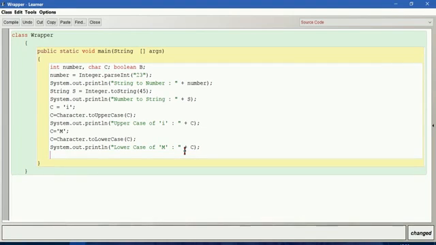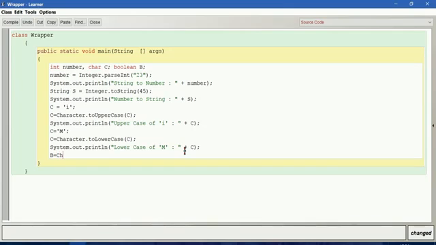Now let me check whether it is uppercase or lowercase. We have already declared the boolean data type. So B is equal to the value of C, let it be like that. The output value of this function is going to be boolean type.